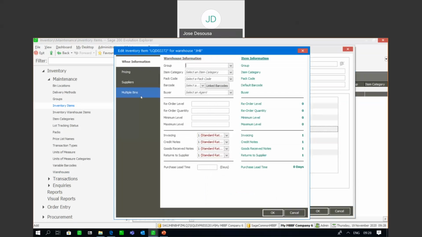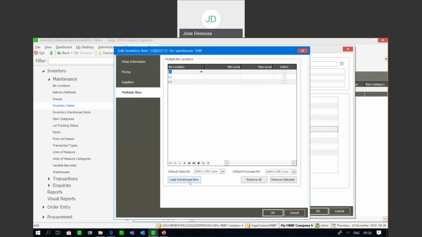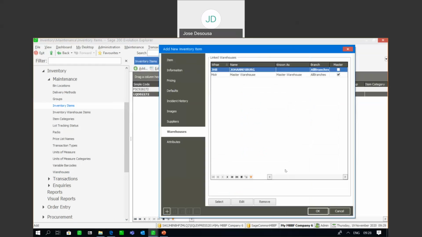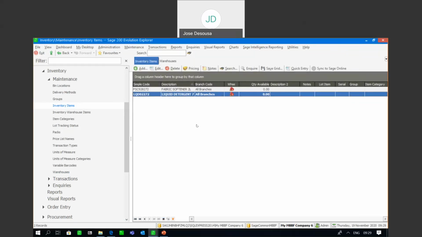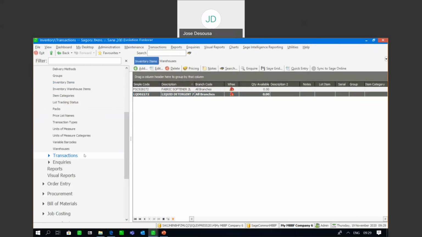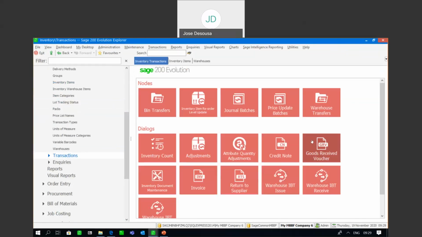Right, so multiple bins, and I've got it. I'm going to load all the warehouse bins, and I'm good to go. Right, so okay there. Got my two items. They're marked as warehouse items. We've linked them to the bins. If necessary, we can obviously specify those minimum, maximum levels. And now it's a case of going to process a goods received voucher to bring in stock to those various bins. So transactions, goods received voucher,